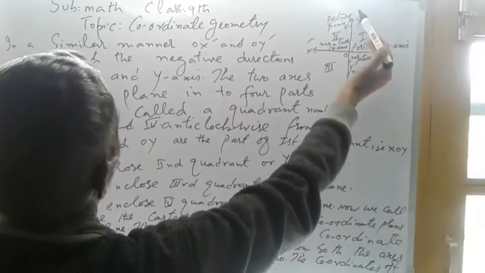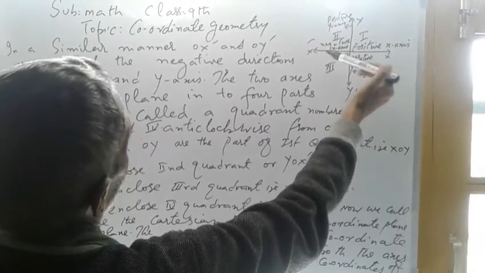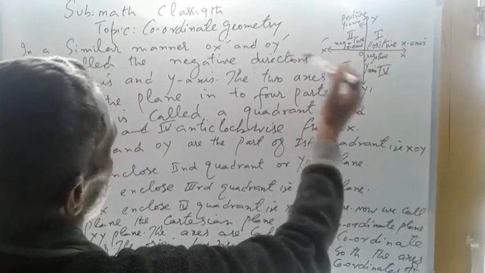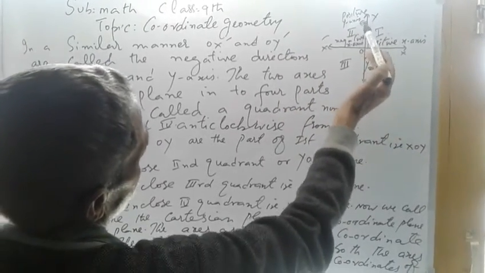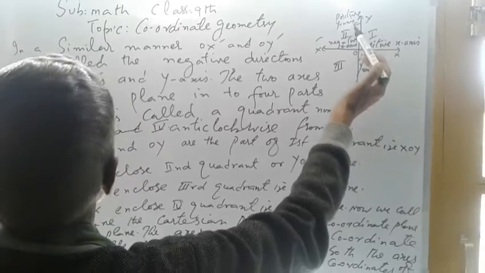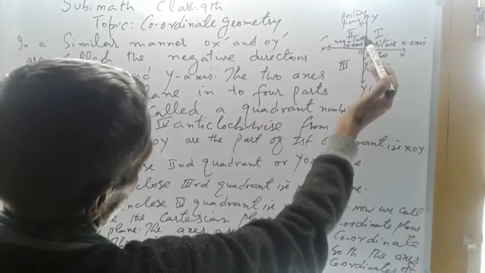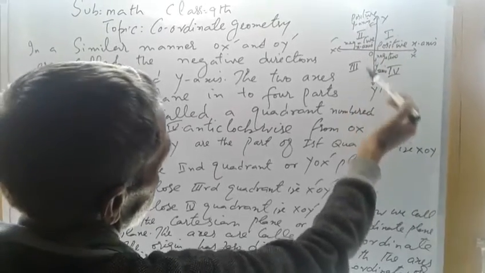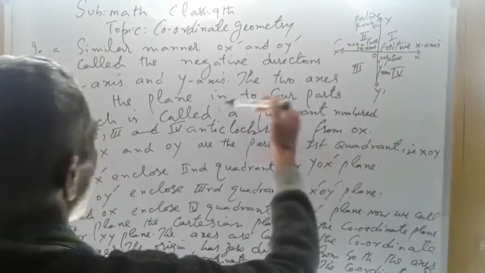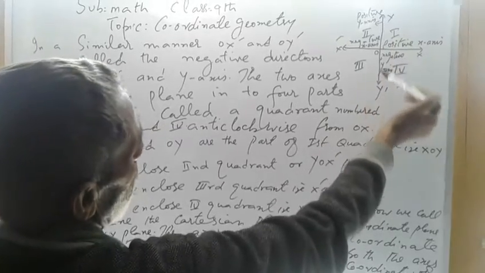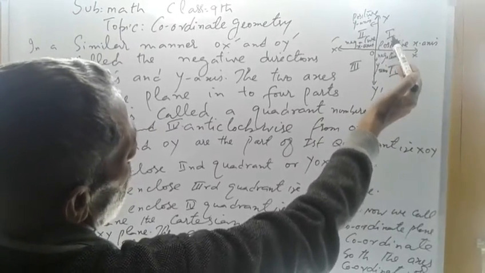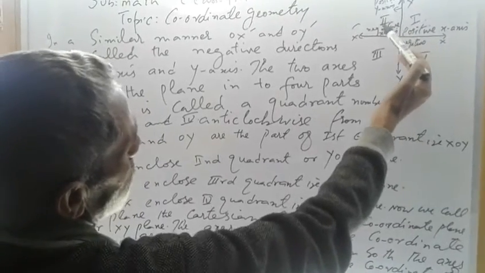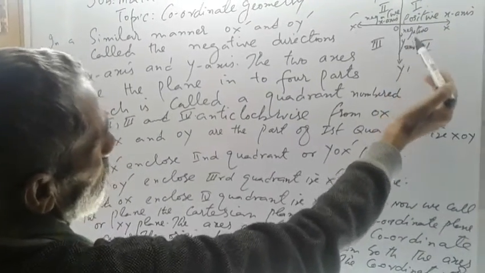In a similar manner, OX' and OY' are called the negative directions of the x-axis and y-axis respectively. These two, the x-axis and y-axis, are called axes. They divide this plane into four equal parts, which are called quadrants, numbered as first quadrant, second quadrant, third quadrant, fourth quadrant,